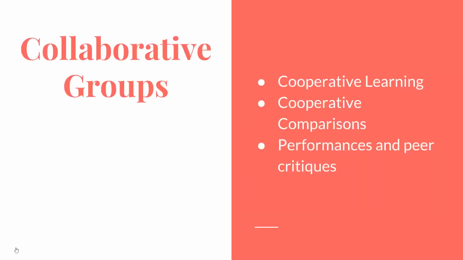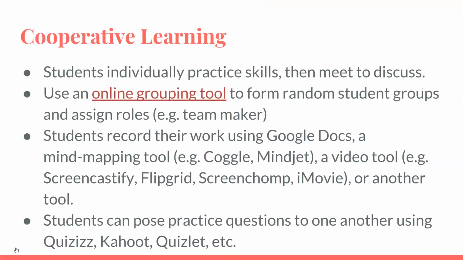So it really broke it into 3 parts. The cooperative learning, which has been around for quite a while, cooperative comparisons, and then performances and peer critiques. So we can go to each of these elements. So first, in the cooperative learning, we know that grouping students is really good to help them to learn, but